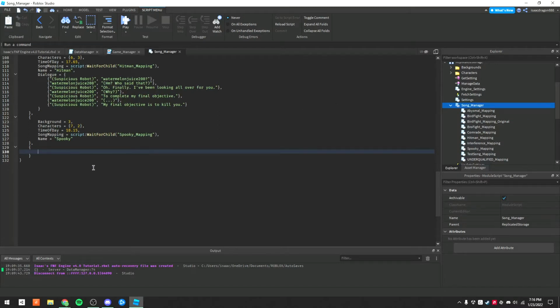And in this new table, you're going to want to add information for this new song. So first is your song name, which for the purpose of this video, I'll just call it test song. Next, you're going to want to set the index to the value of the actual song script module,